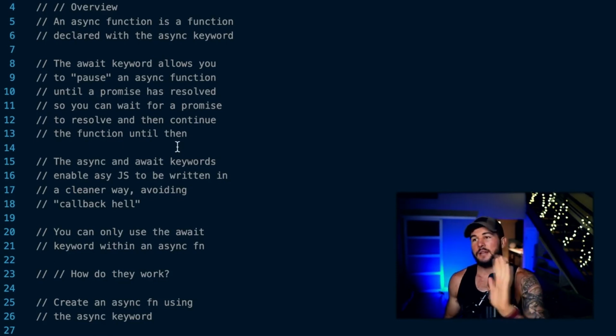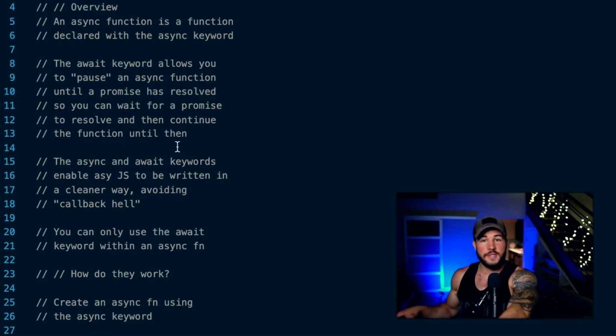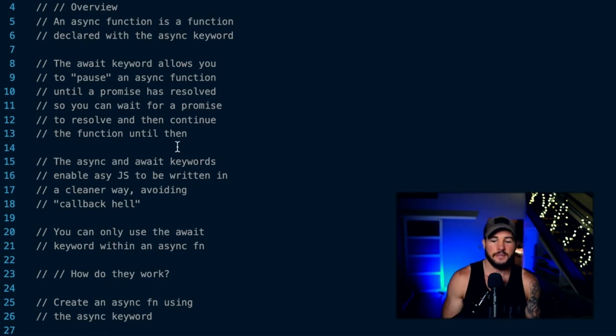So it's like, hey, let's just hold on. Let's stop this function for now. Let's go do some other stuff within JavaScript. And then once this promise resolves or rejects, then we will come back to this line of code within this function, and it will continue running that function once that promise is all settled and completed. And these async and await keywords, as you might have guessed, allow you to perform asynchronous JavaScript,